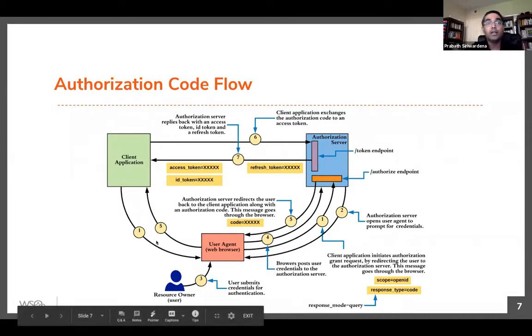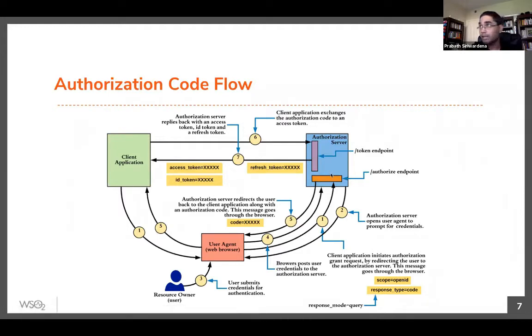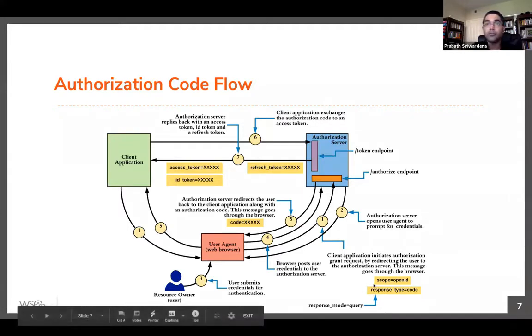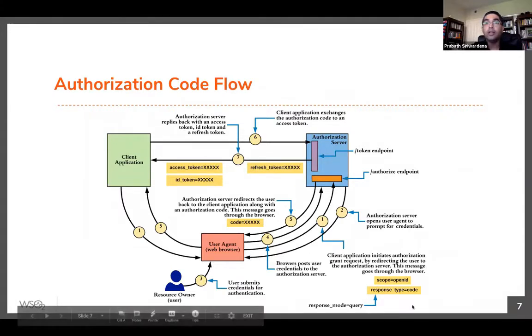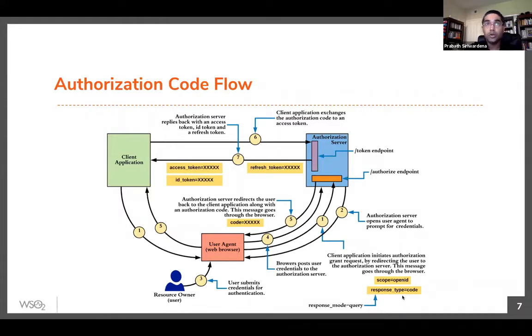And if you look at the number 1 arrow, the request generated from the client to the authorize endpoint includes some parameters. One critical parameter is scope. If you use any of the OpenID Connect flows, you must set the scope value to openid. It's a must, right? The value of response type changes by authentication flow. If you use the authorization code flow, then you must use code as the response type, right? It's a must.